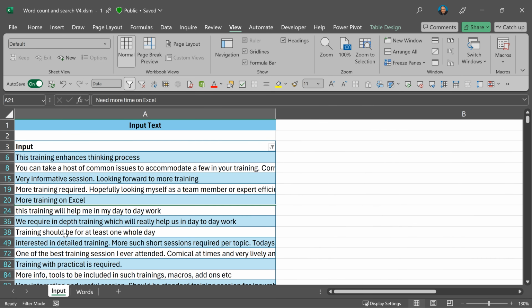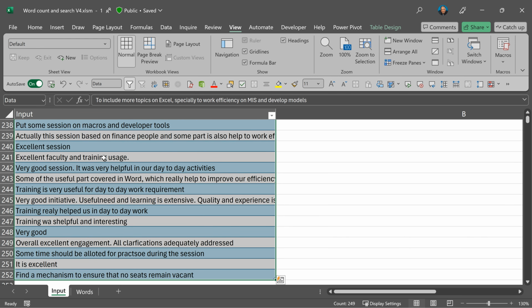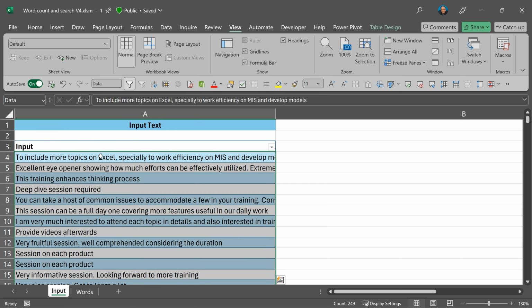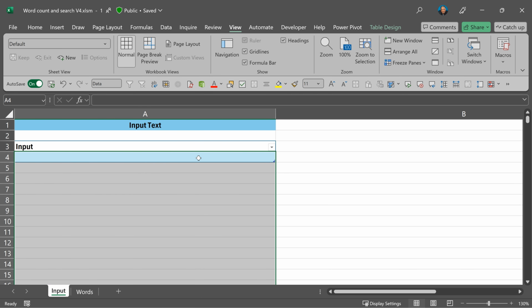You go to the input area, whatever I have written as sample, you remove that text. Just select it from here onwards, shift control down, or better still, hover the mouse here, click. That actually selects the entire column without you having to do any keyboard shortcuts. Don't delete, because then the rows will remain. Right click and say delete rows. That will give you an empty table. And now you can put your own list here and follow the process.